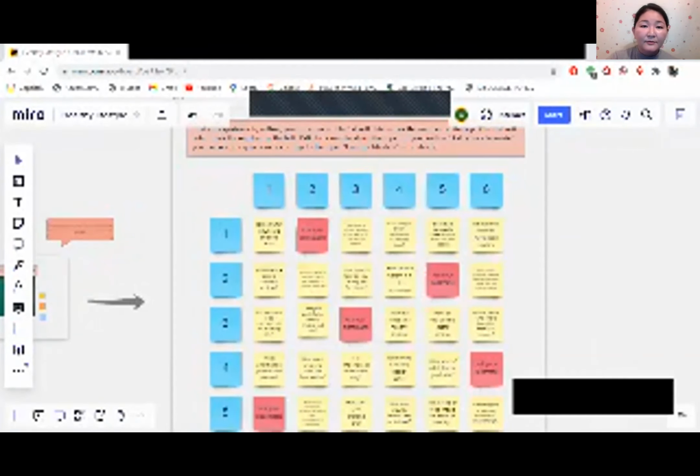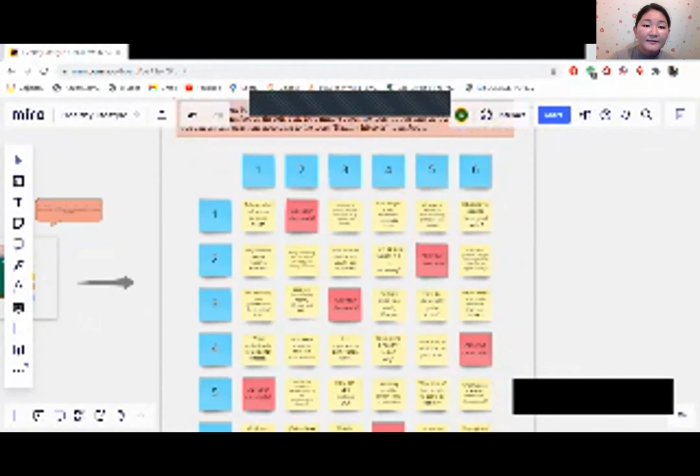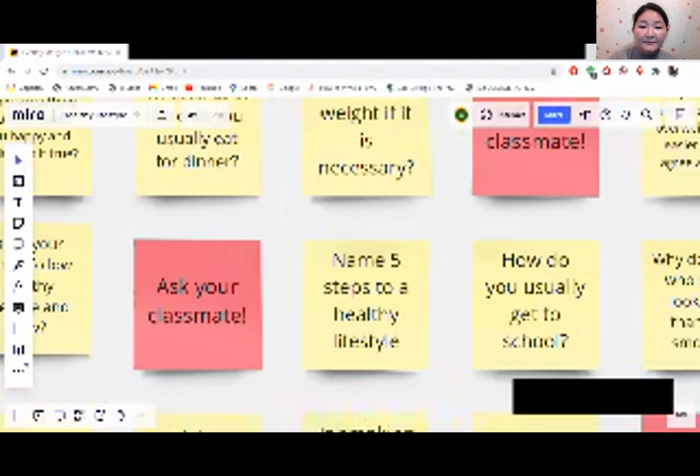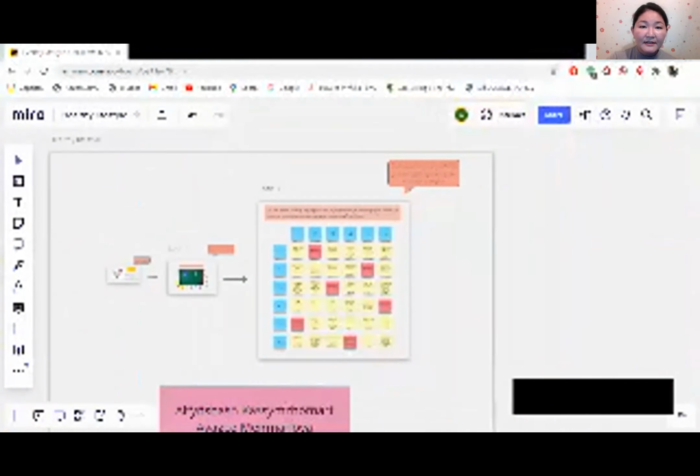Students roll their dice; the first one determines the top, the second determines the left. So if you roll 3 and 4, for example, students have a question: name 5 steps to a healthy lifestyle. In this way, they answer these questions.